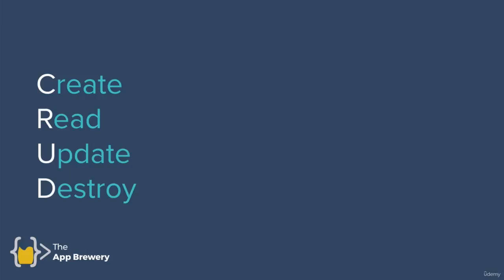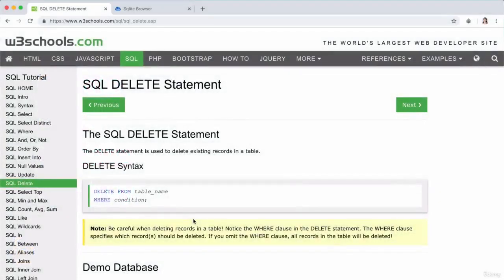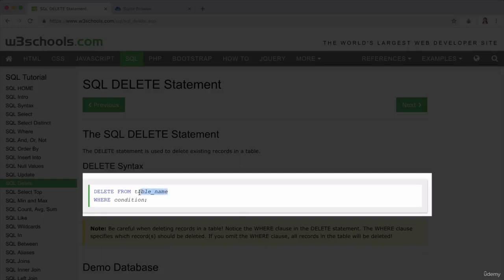Now, in the last lesson, we looked at how to update records in our tables, and we looked at the SQL update statement. Now, in this lesson, we're going to look at the last letter of CRUD, which is delete. And if we wanted to delete records, then we can simply write delete from table name where something meets a